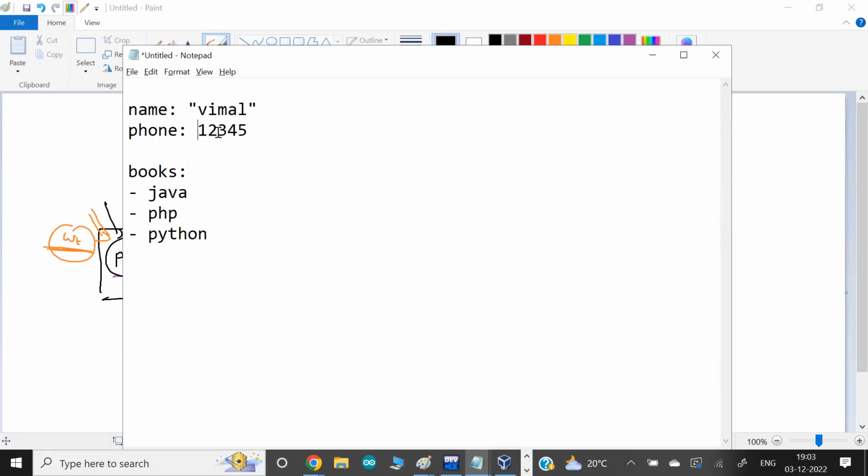Phone has a single value, meaning phone is like a normal variable. Books is also a variable, here called a key, but it is a list. The data type or data structure of books is a list. It contains multiple values, the first, second, third, fourth values. So this also has its own syntax in YAML. And one more last syntax: sometimes, like in most programming languages, let's say we create one function,